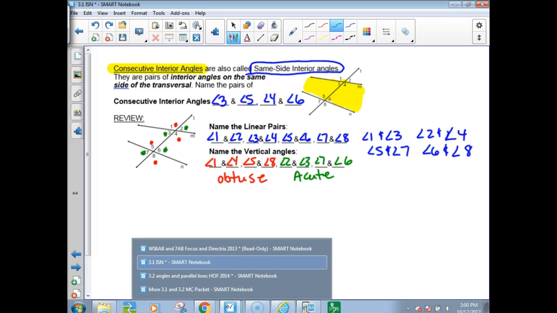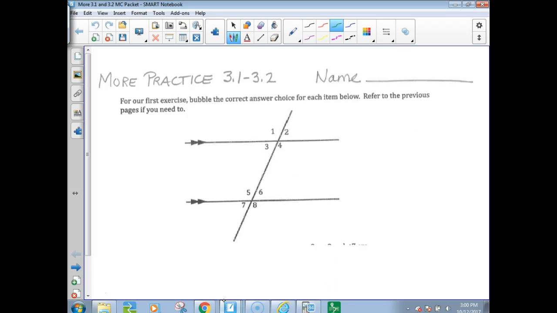Next, we're going to look at the ginormous packet you grabbed today that's stapled. It will not take as long as it looks to do it. So I'm going to give you some hints on how to get started, and I have some problems that I've selected to help you with before you try doing any yourself. One of the reasons you got this big packet today is not because I thought you were going to get it all done,